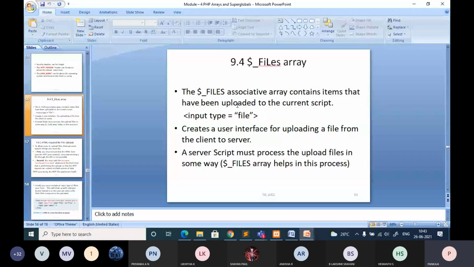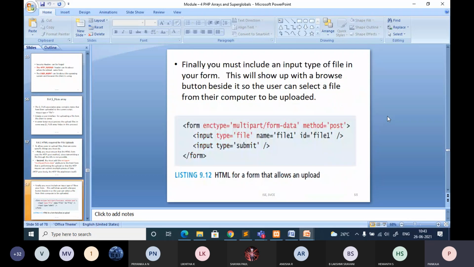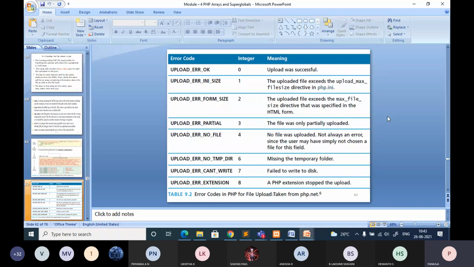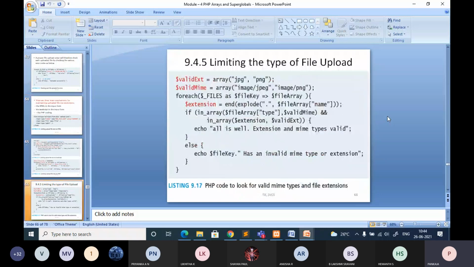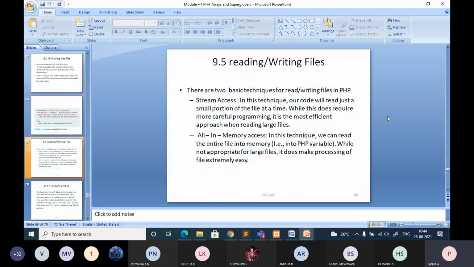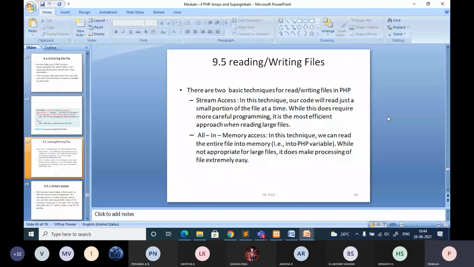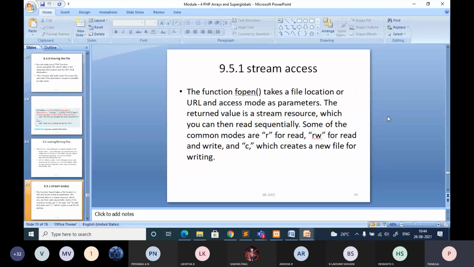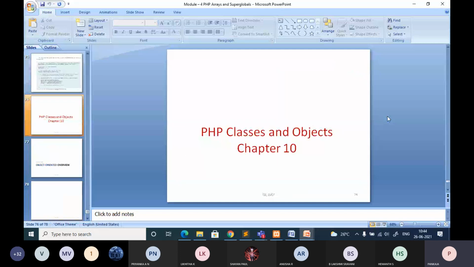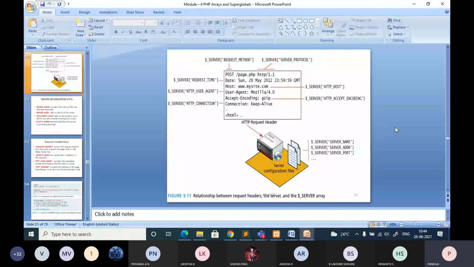In the next class we'll move on to files: how to upload files, and how you can access the $_FILES array to work with a file. Also, we'll discuss cookies in the next class. I think it will take a lot of time for files itself because I will give coding with respect to reading and writing files. So I need at least one session for completing the file system. Then we'll go to the